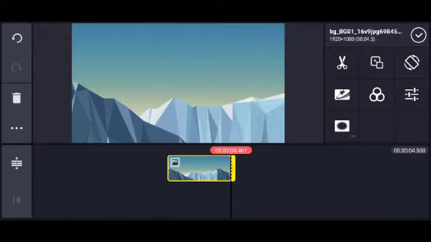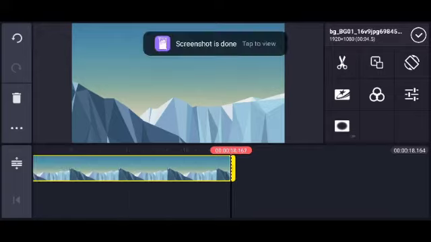You have to put your finger on that thicker line and move your finger, keeping your finger on that line only. As much as possible you need to stretch, most probably till the end. Then your background will be fixed and it will not change.